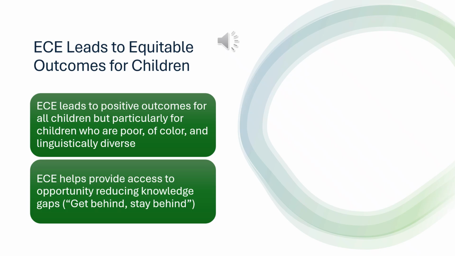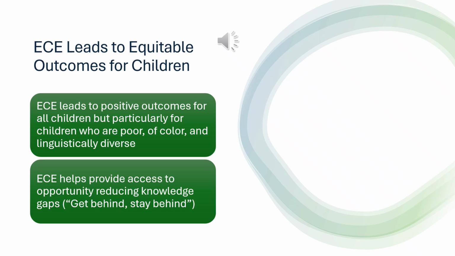But the research data is also very clear that it gives the best outcomes for kids who may be starting with the least. So kids who are poor, children of color, children who are linguistically diverse, children who are not developing in the prototypical fashion, high quality childcare is the most advantageous for these groups of children. So it's important for everybody, but it's particularly important for kids who might have